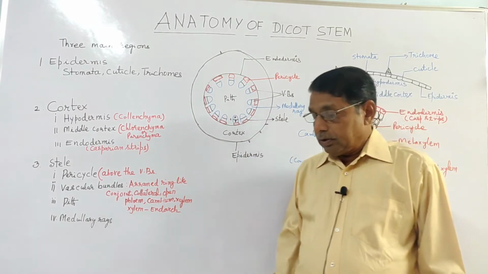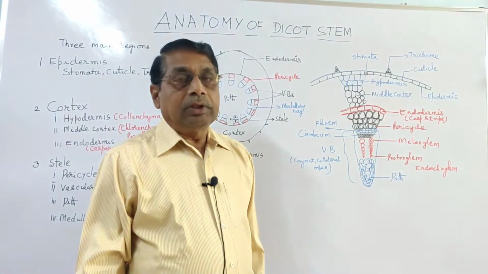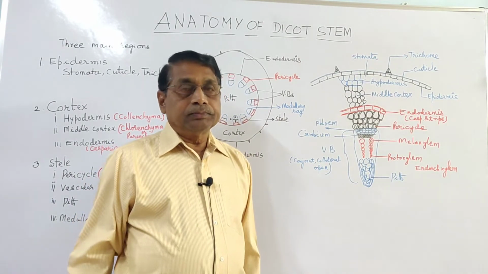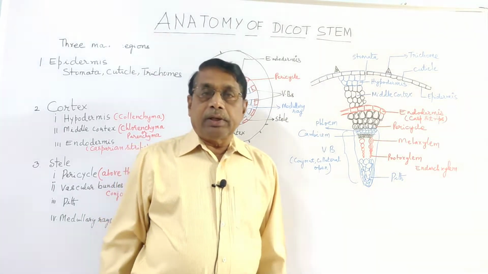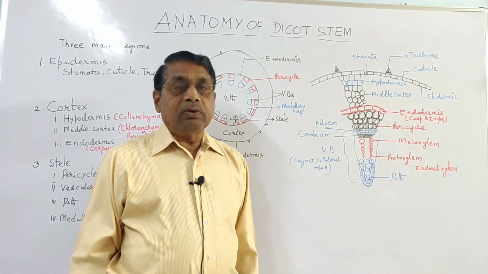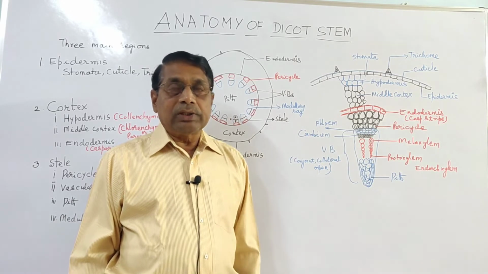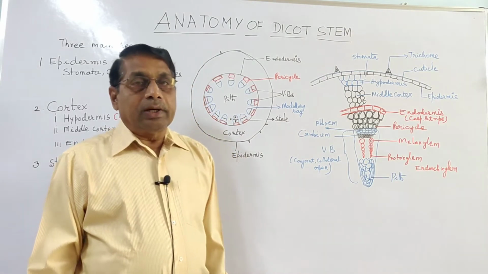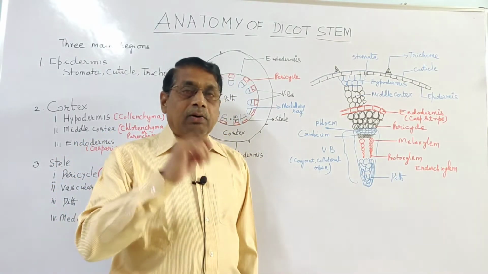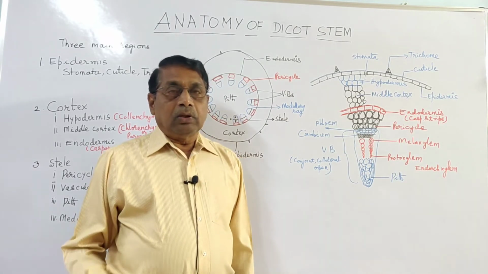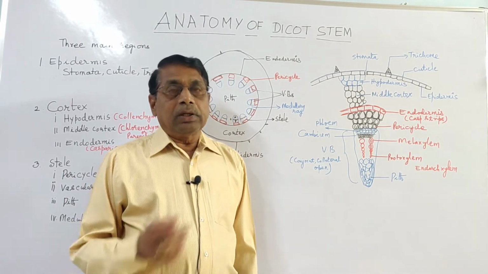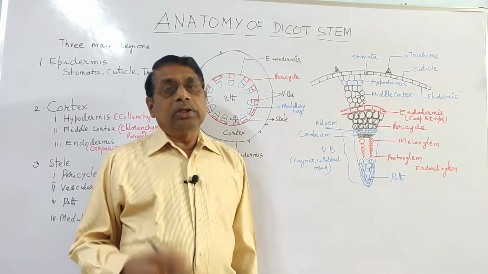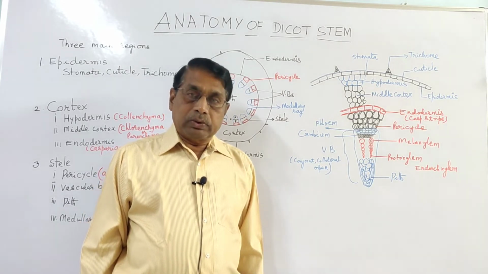If you take a thin section with the help of the blade, then that section is washed in water. A temporary mount is made with the help of safranin, which is a red color. Most of the tissues take the safranin color. Put the section on the slide. Put a drop of glycerin or water and put a cover slip. Then observe first under the light microscope, dissecting microscope. After that, the compound microscope.